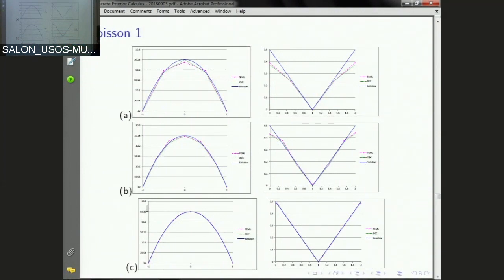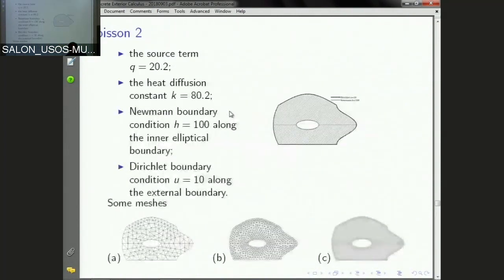Okay? This is one of the properties that is expected that DEC will have throughout. It respects the geometry of the problem, the physics of the problem, so it will hit the solution sooner, sort of. These are kind of cross sections of the graphs, the corresponding graphs, along a diameter. Okay. Now the other example, we chose another domain, looks like a bell head, sort of thing, with curved edge, a curved boundary,